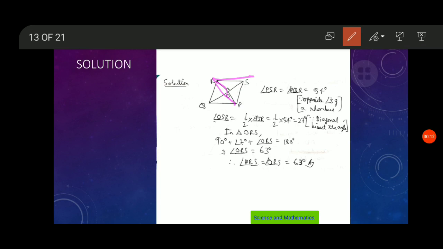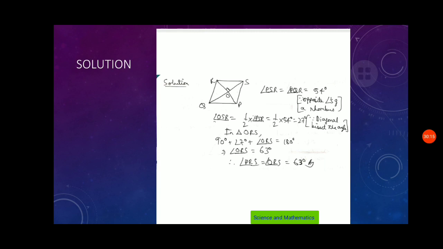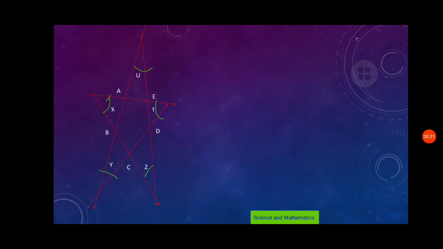Now I will give you another question and also some 2-3 questions as homework, which I will make you understand in the next video, something like that. Now this is a question, you can pause it over here. So now I'm going to tell you that you can see a star shape on my screen. I hope you can see this star-like shape over my screen, right?